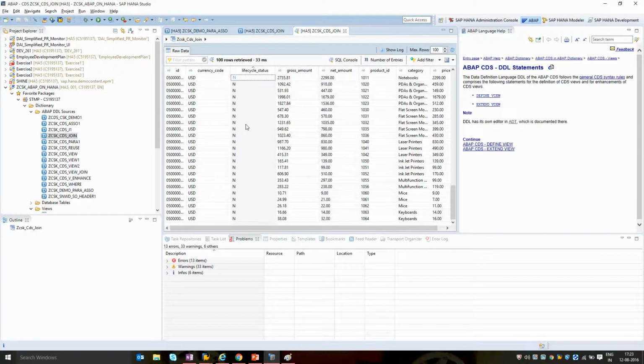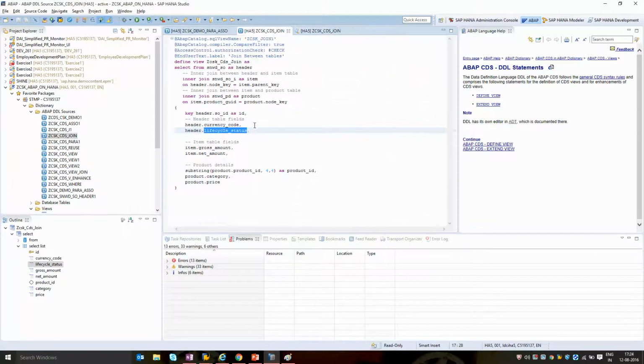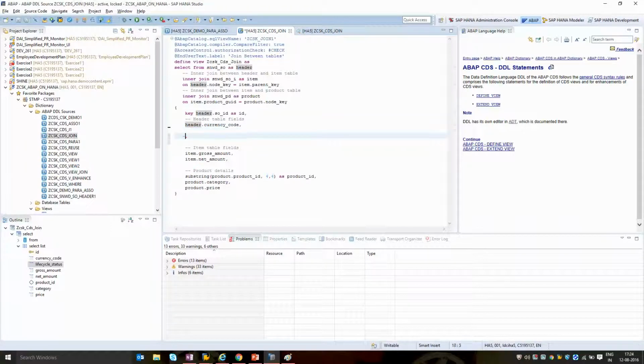So what I wanted to do is I'm just going to give a description for this. If it is n, then I wanted it to be displayed as new. If it is p, then I wanted it to be displayed as in process. So instead of this lifecycle header status, I'm going to introduce a case statement over here,